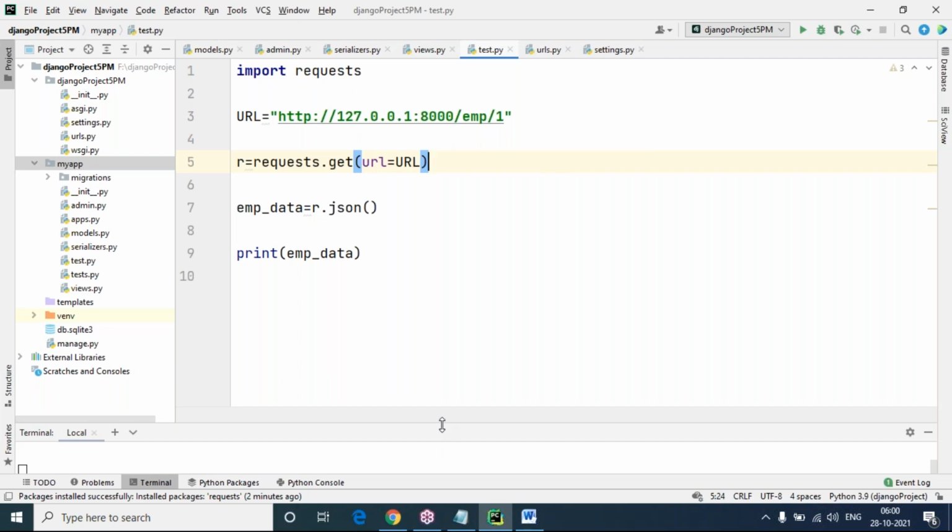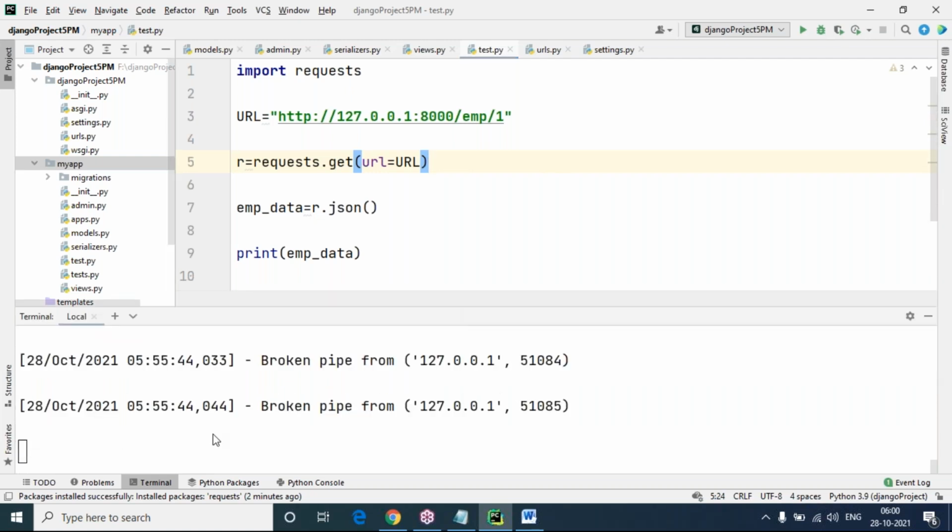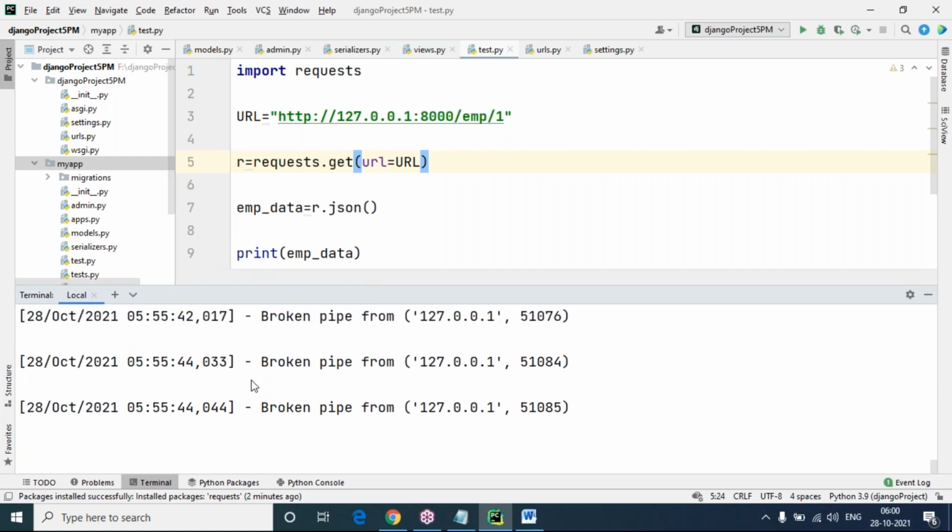Where do I have to run this? In the command prompt, or in this terminal only I'm going to run. Let me go with this. Okay, here it is waiting and I'm not able to enter into this terminal, so let's go to the terminal window.